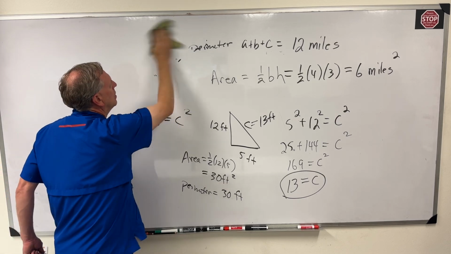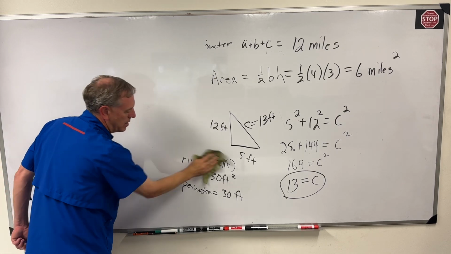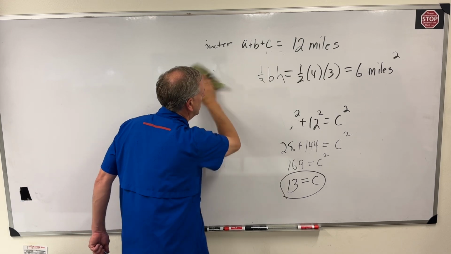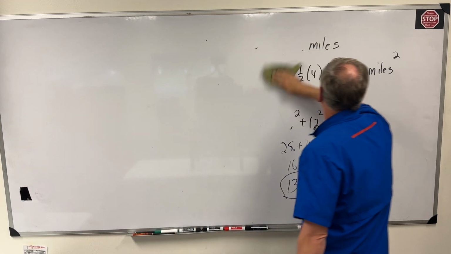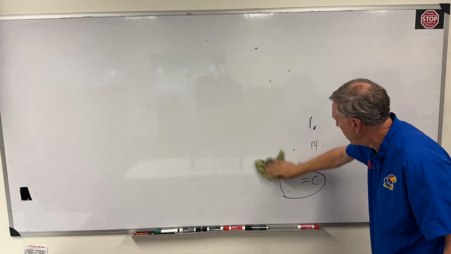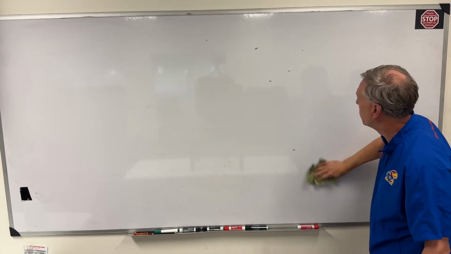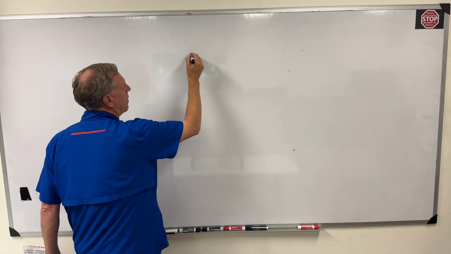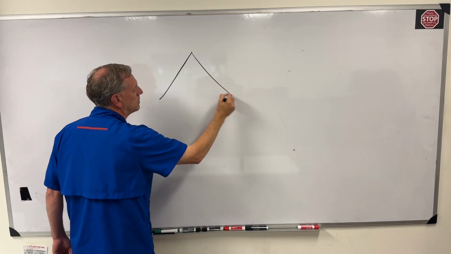Now, we can do something a little more complicated here, and that is a triangle that is not a right triangle, and it forces us to have to do some calculations. So let me give you an example. Let's suppose we have the following triangle,